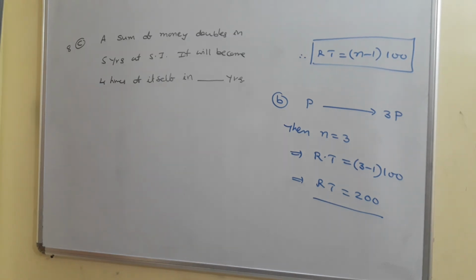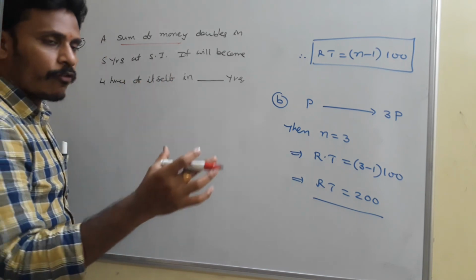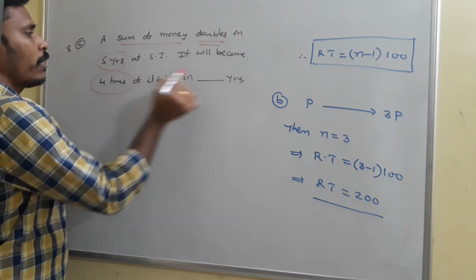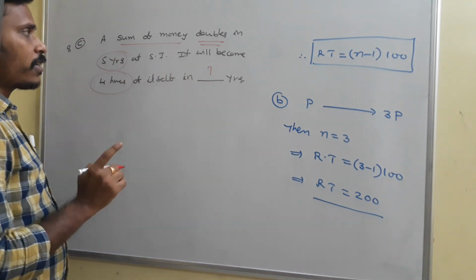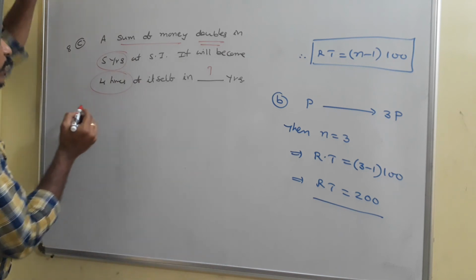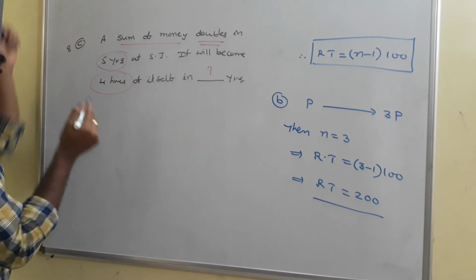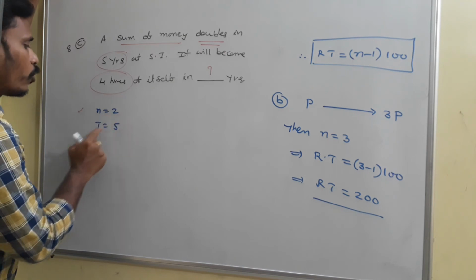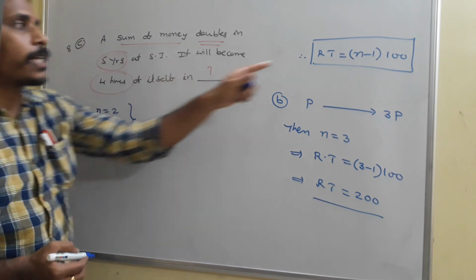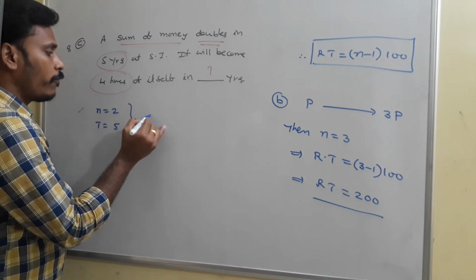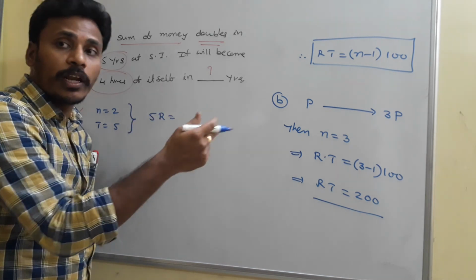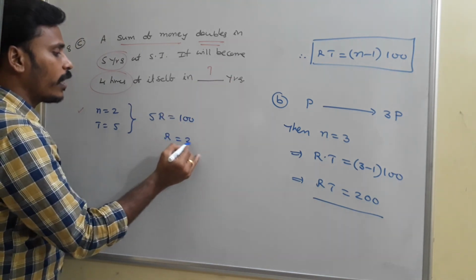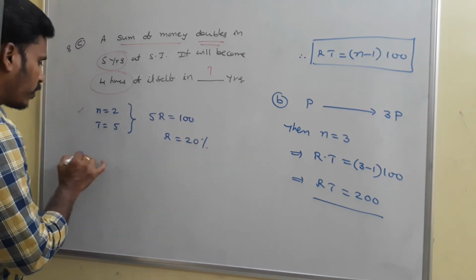Yeah, and another example, 8C. A sum of money, say I have a certain amount of money, you say it as sum P. It doubles in 5 years, and in how many years will it become 4 times? That's what we need to find. In the first case, it doubles, that is n is equal to 2, and time is equal to 5 years. So as per that relation, 5r is equal to (n minus 1) into 100. Since n is 2, 2 minus 1 is 1, 5r is equal to 100. From there you will get the rate of interest is 20%. There ends the first case.